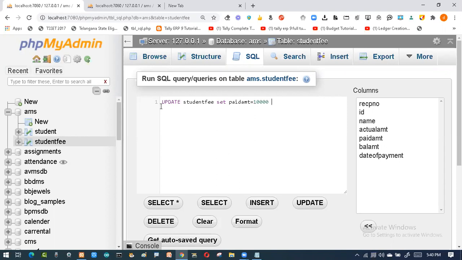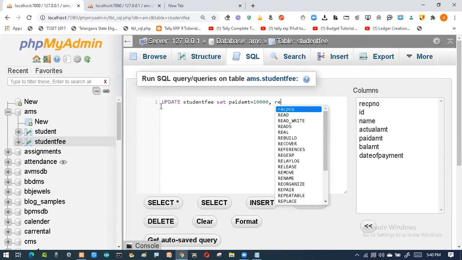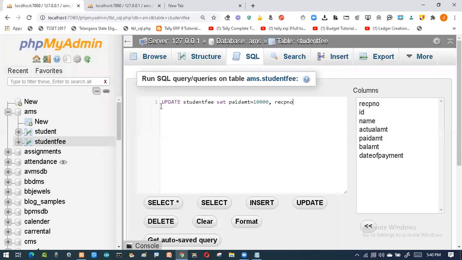Okay. Then I have to give the receipt number. So the receipt number I am giving for her is 1001. So who has paid this amount, and to whom do I have to give the receipt? I have to give the receipt to the person whose ID is 1.